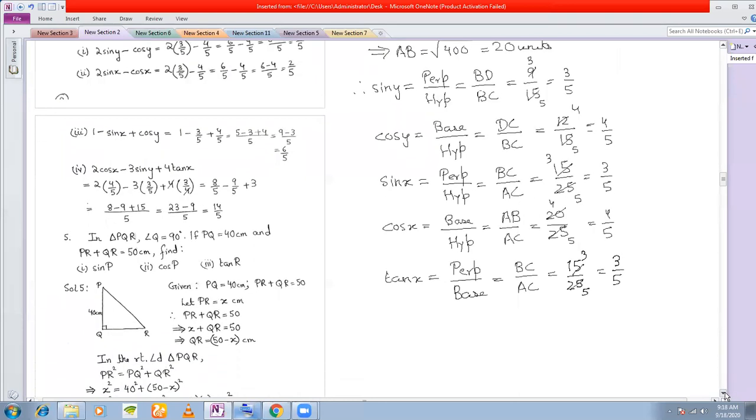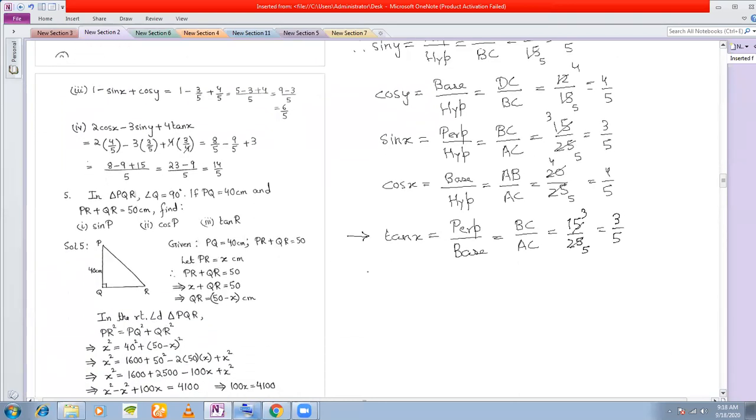What I was saying was that if you don't want to find out tan x in this manner, you can use a quotient relation. Tan x, you know, as the ratio of, you already have found out sin x and cos x. So you divide sin x by cos x to get tan x. Sin x we have found out above as 3 by 5. And cos x we have found out as 4 by 5. Okay, now why am I getting a different one? Just give me a moment.